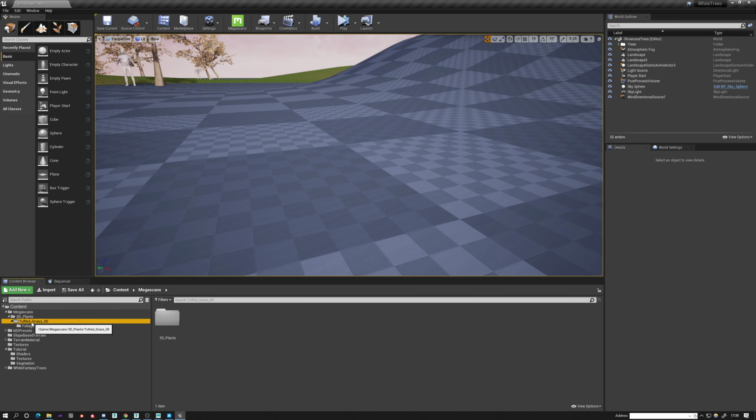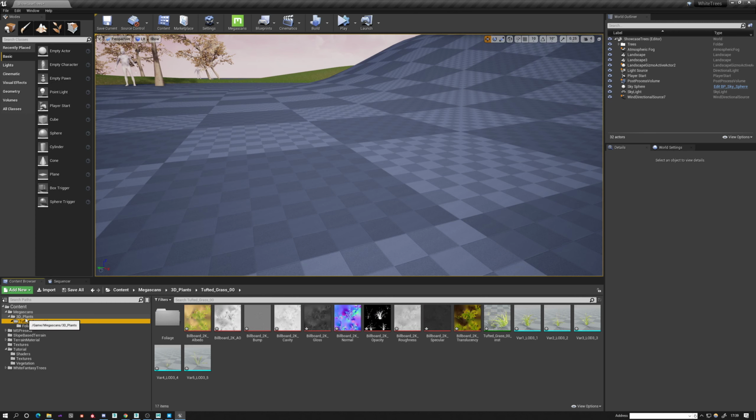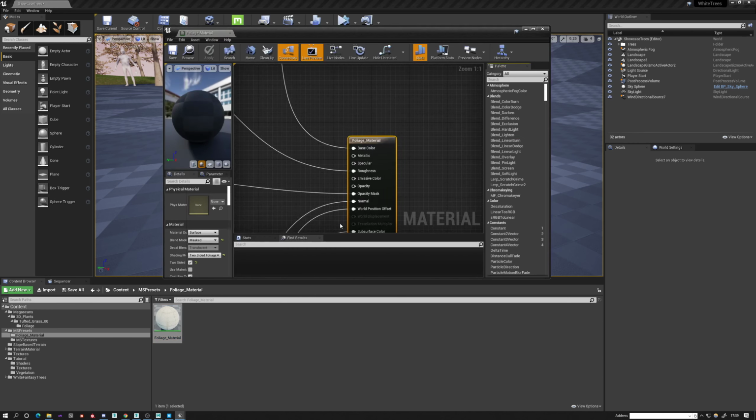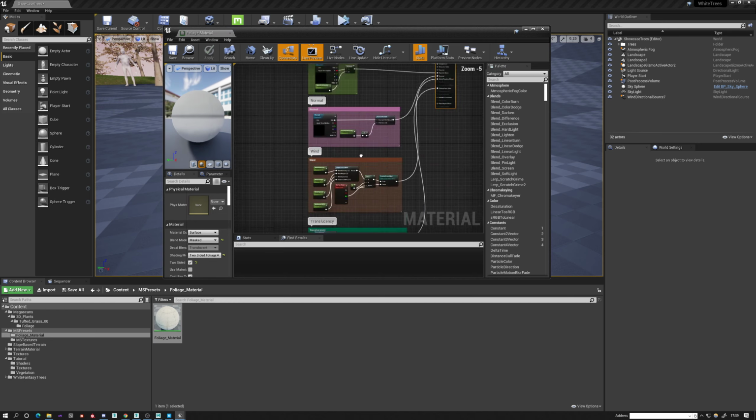we go to Megascans, foliage. We just need this grass, and this is a material instance. We don't need the instance, we need the parent. So just right click and find parent, and this is the foliage material. Yeah, it's in MS presets foliage material. Double click on this one. Okay, so this is the build setup,